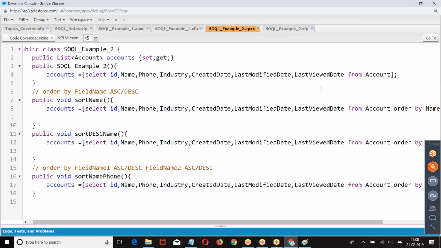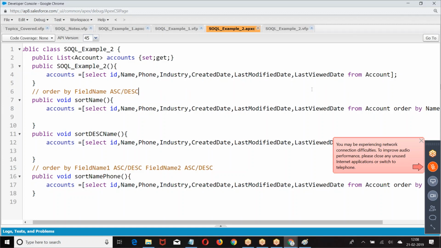The last 10 records which are viewed, based on the last viewed date.